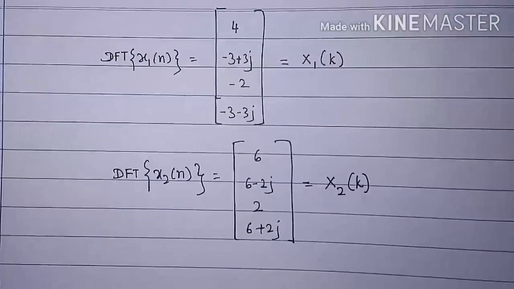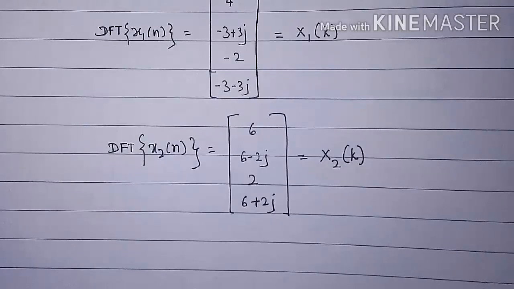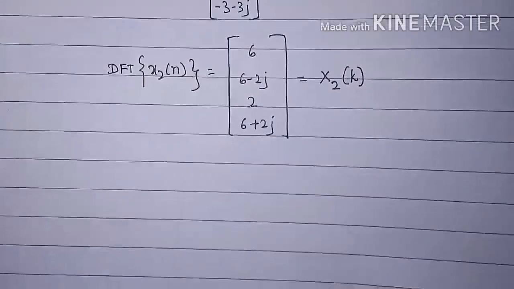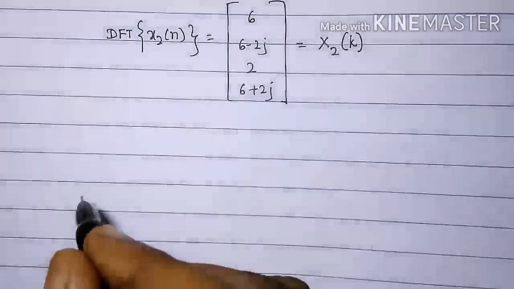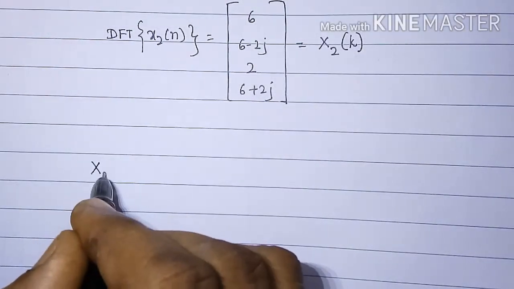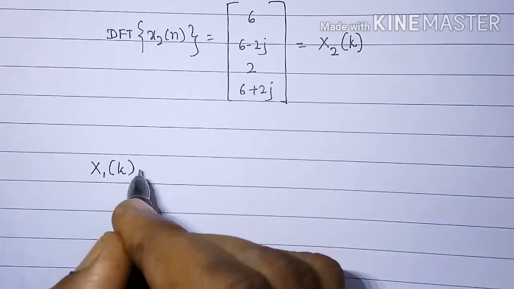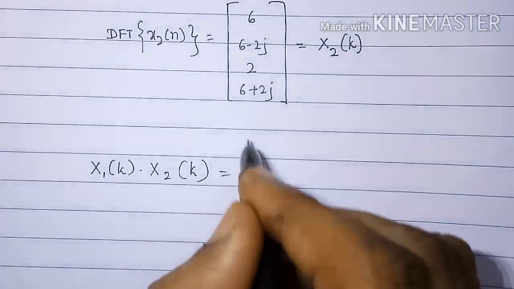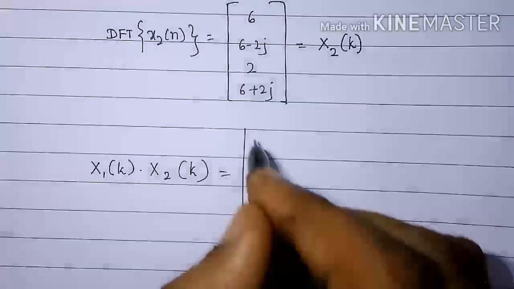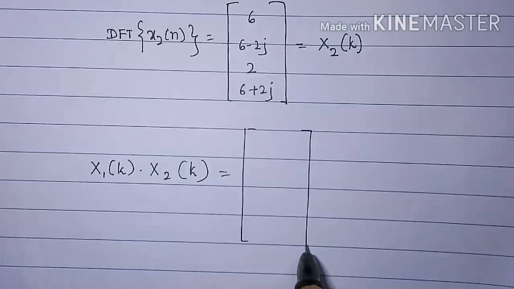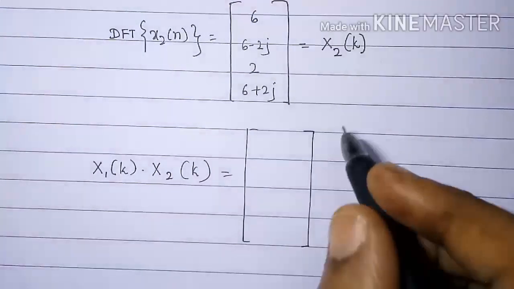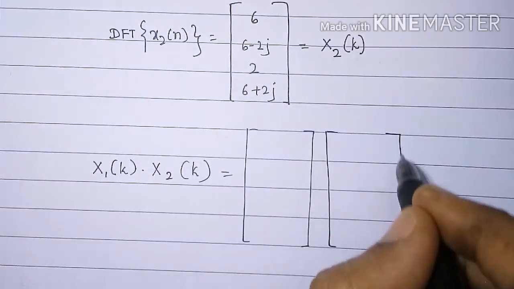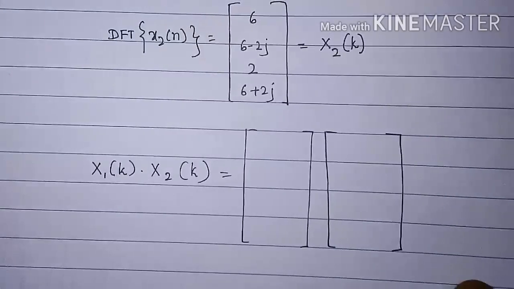Now we will multiply x1 of k and x2 of k sample by sample. You will have to make use of your calculators